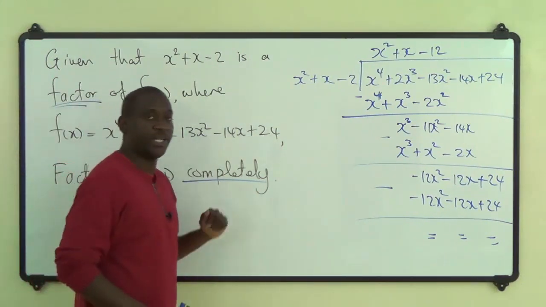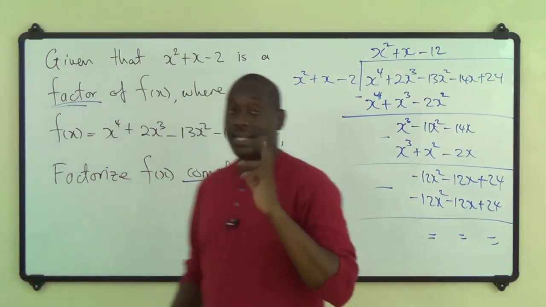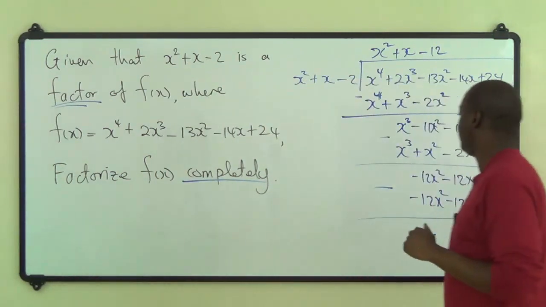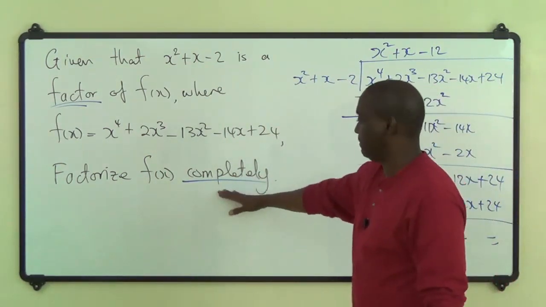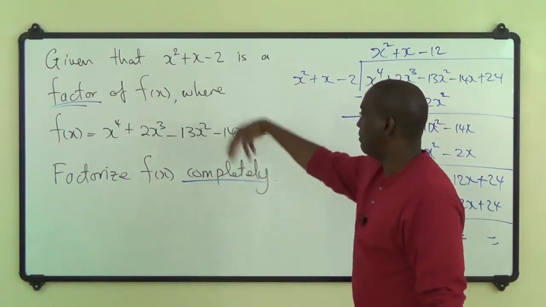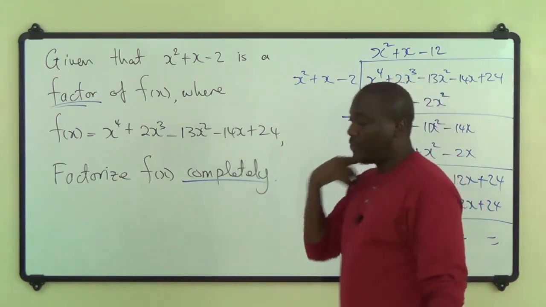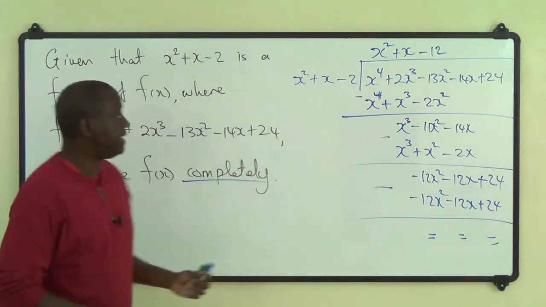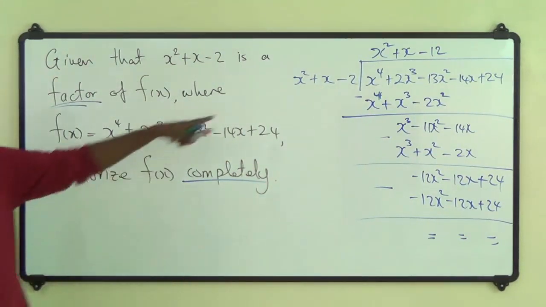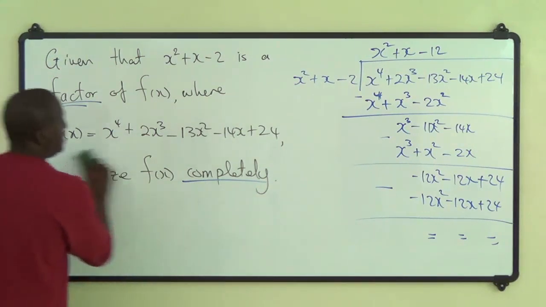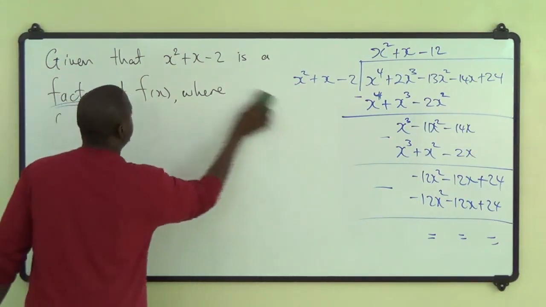All right? So anytime you see the word factor, tell yourself that the remainder is equal to 0. So if they ask us to factorize completely, we're going to rub this off now and write it out. When they say to factorize completely, it means that the very next line, having completed the long division, we could say immediately now that